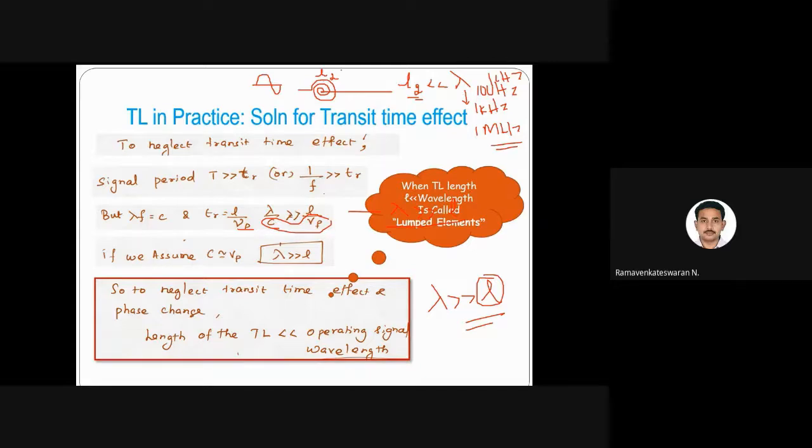So if I design such that the physical length of any device or connector is very small compared to the operating wavelength, then it is called a lumped element. In RF circuits, the main thing I will do is first see what the operating frequency is. Let us take a realistic value, 4 gigahertz, 4G phones, or probably 3 gigahertz operating signal, maybe operating with some modulation scheme.